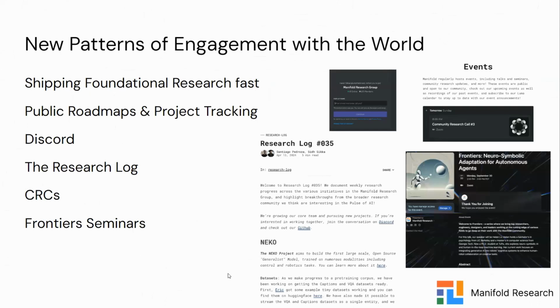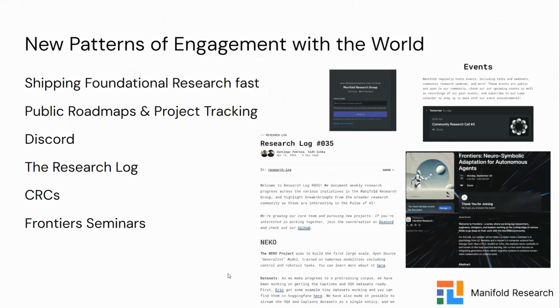One of the things that we're kind of proud of, and we are trying to improve all the time, is how we engage with the world. The world, especially in machine learning, this is apparent. The world of research is moving very fast. It's moving in ways that are markedly different and feel like a step change versus what the standard mode of research and the standard infrastructure and established patterns of engagement have been historically, which is publishing papers at different venues, long lead times on research. Of course, when you have this very fast frequency, but also mission driven type of organization and collaboration emerging, you start to move in a different way.